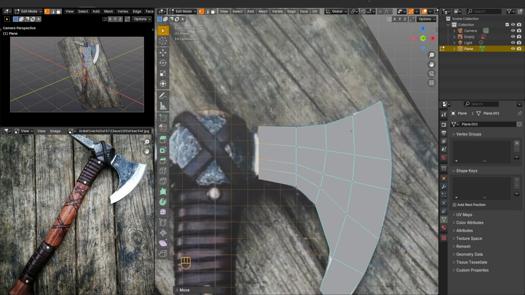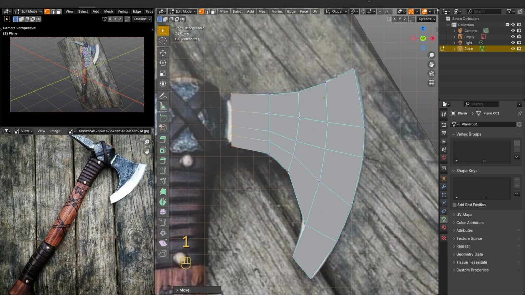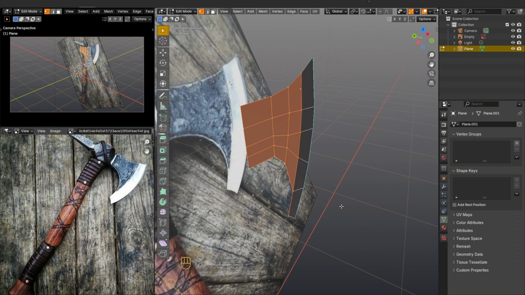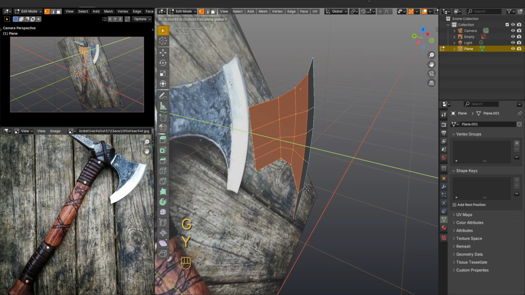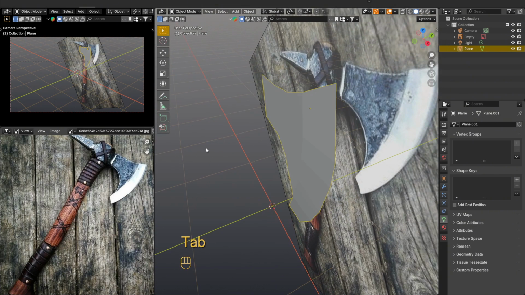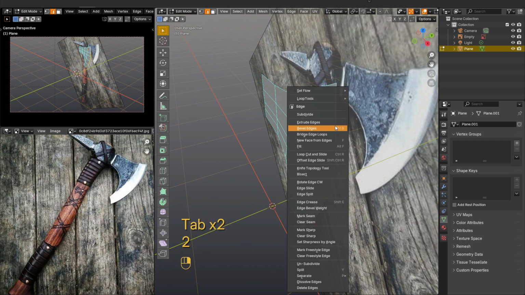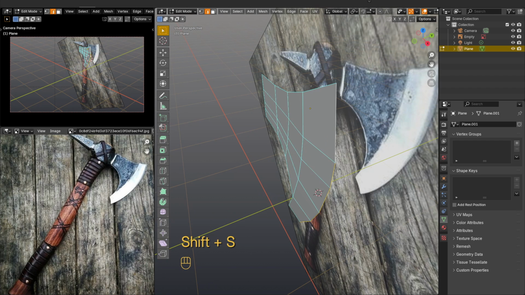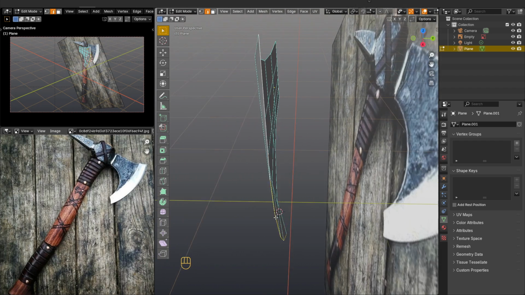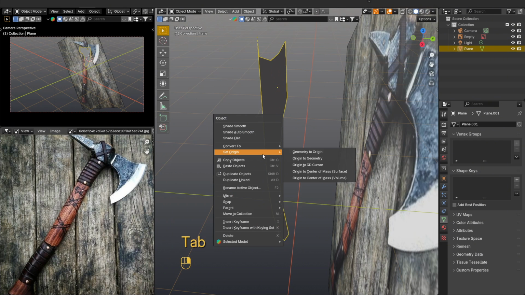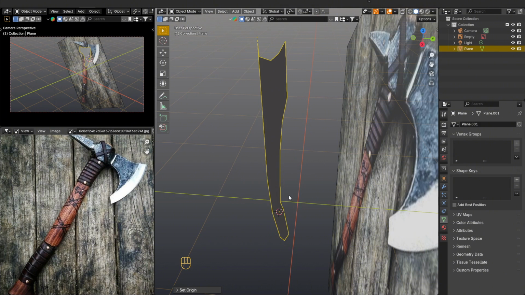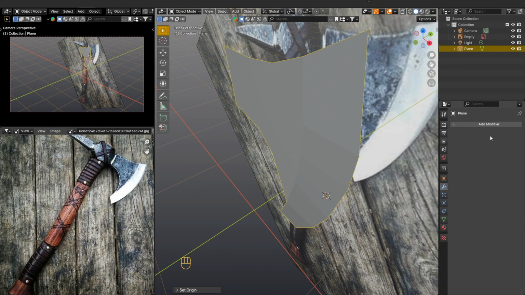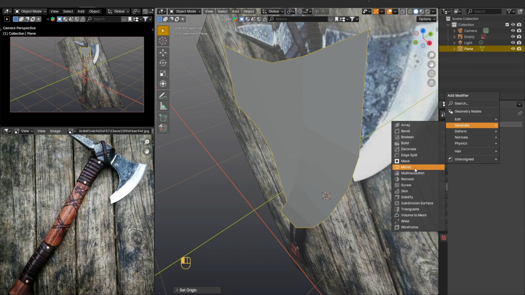Now, in edit mode, select all the vertices except the rightmost ones and shift them along the Y-axis, so as to set the thickness of the chopping part of the axe. Now select the vertices that we did not shift, with the Alt key pressed, and using the combination move the 3D cursor to the selected object. Then press the right button and set the origin point to 3D cursor. We need this so that the mirror modifier works correctly.